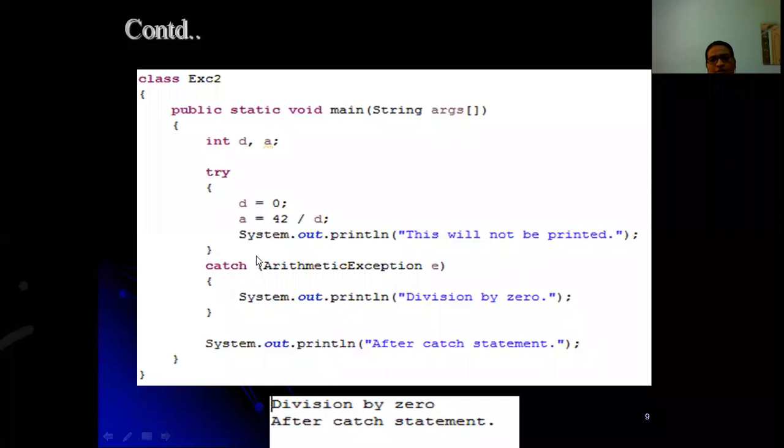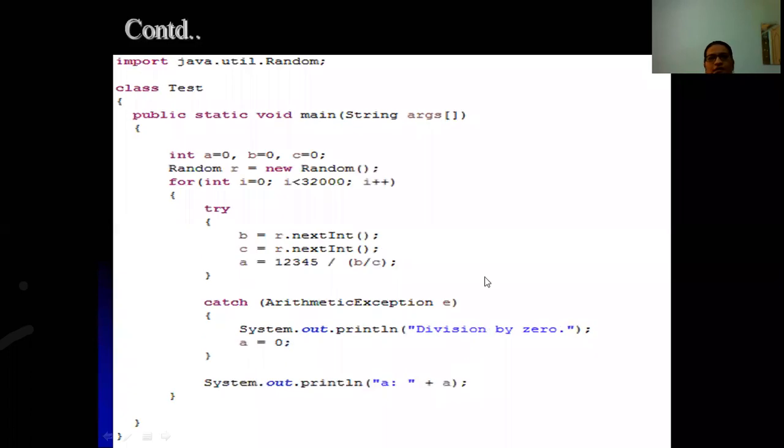So once the error occurs it will catch it, division by 0, so it will display that. And after the try and catch blocks, it will display the other statements which are there in the main method. And the next statement, which you can see here: